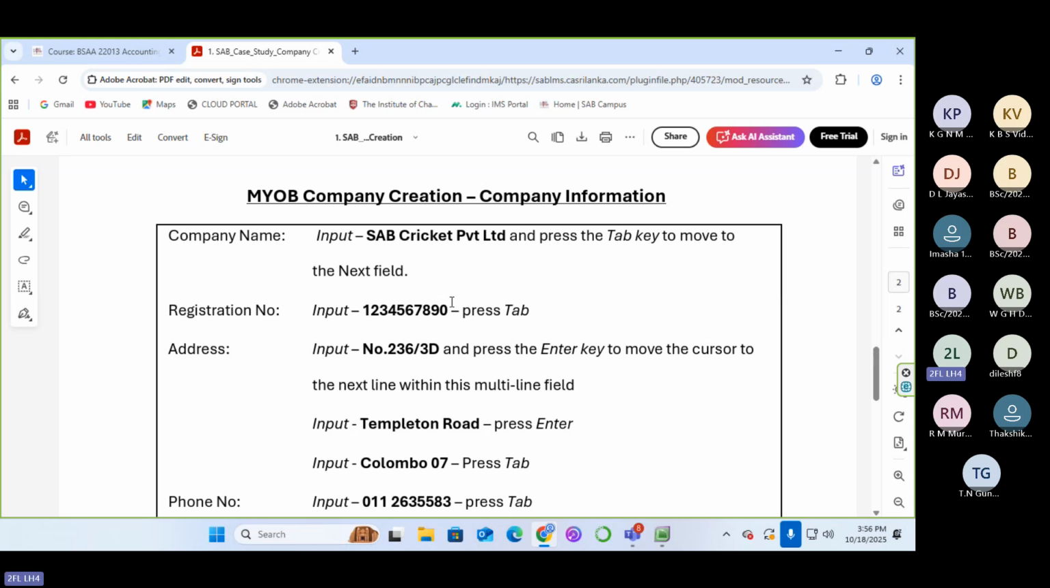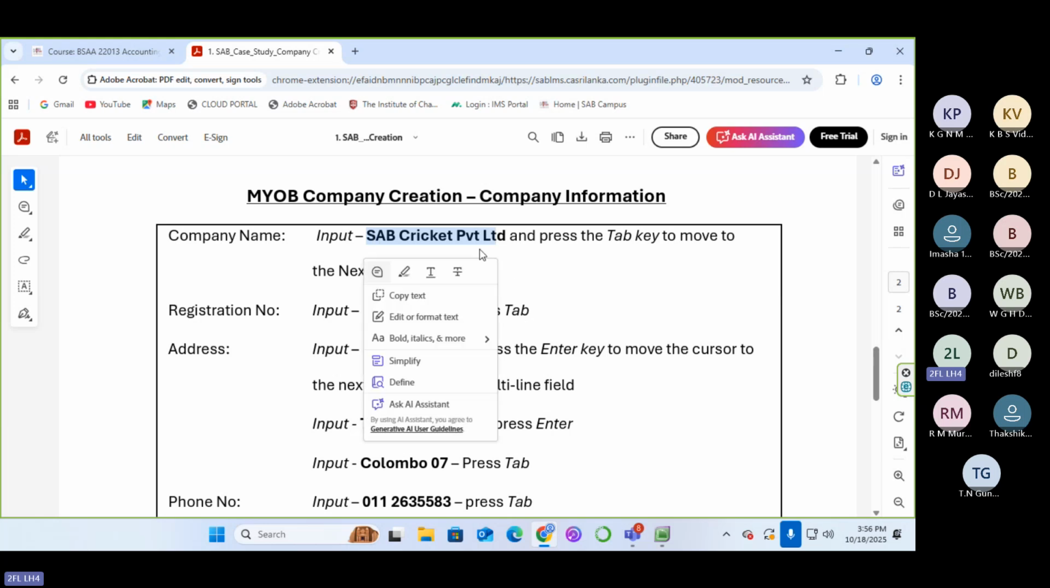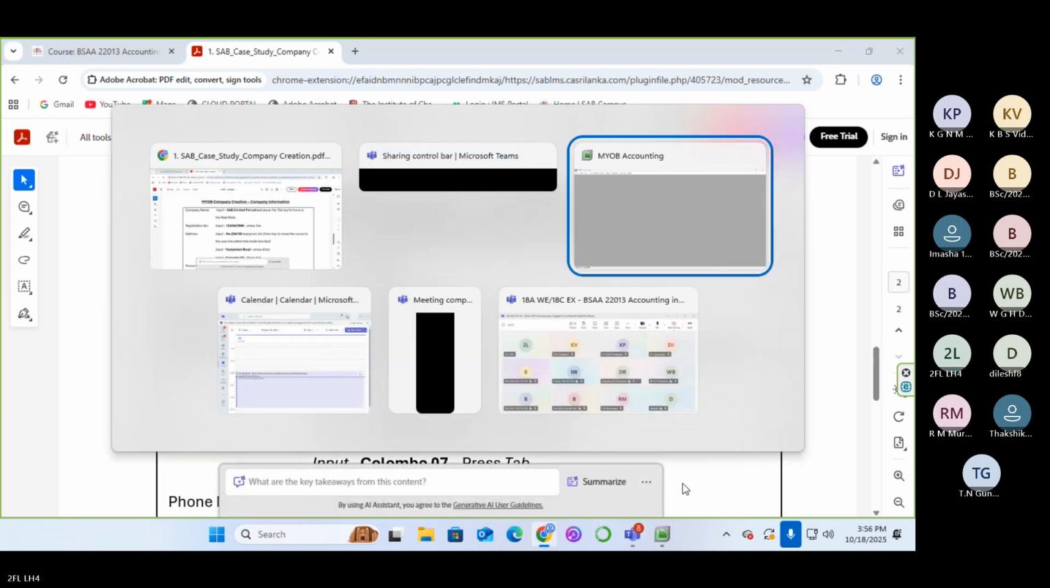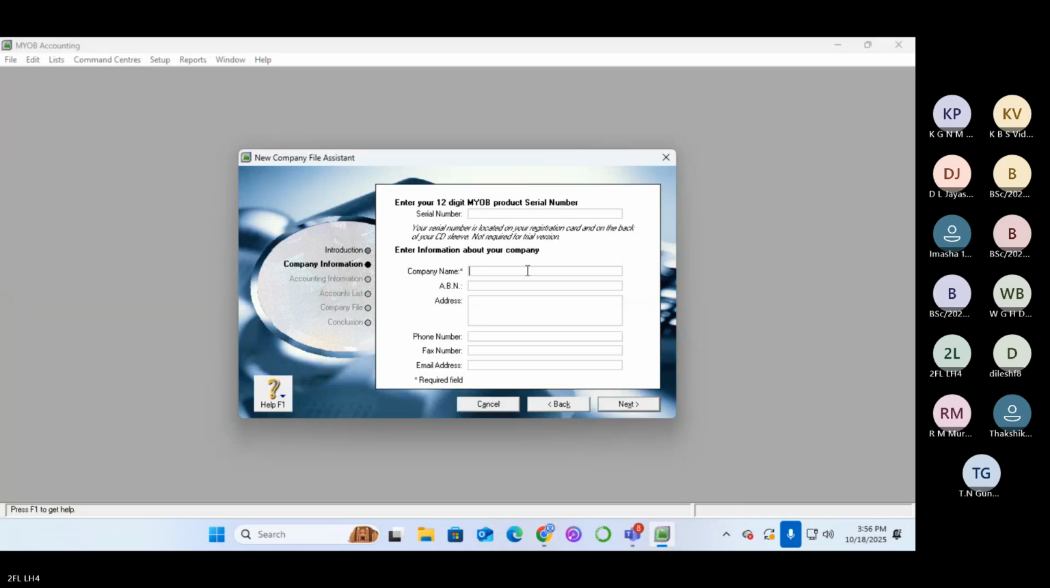Look at the first field, you have to fill company name. Okay, what is the company name you have to enter? SAB Cricket Club, SAB Cricket Private Limited. Okay, now we will enter that. SAB Cricket Private Limited. Okay, and then